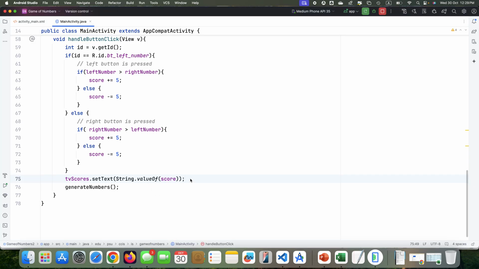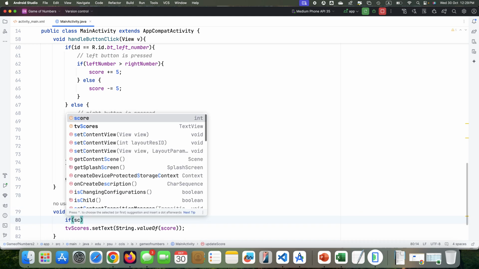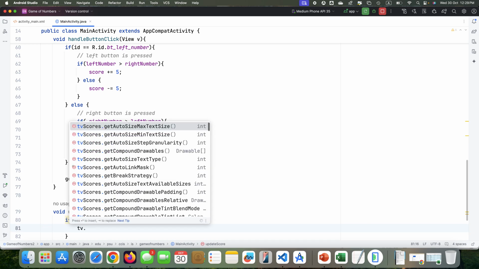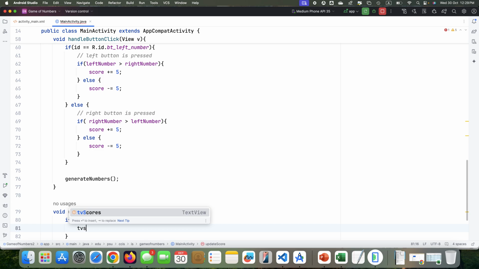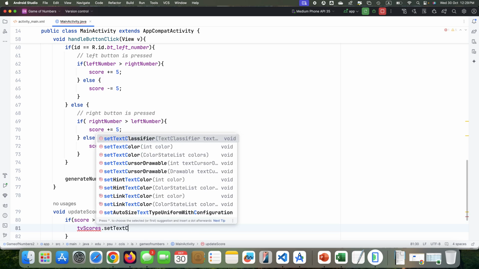What I can do, maybe I can put a void updateScores, and put this thing here, and then before that, if score is greater than 0, tvScore dot setTextColor,